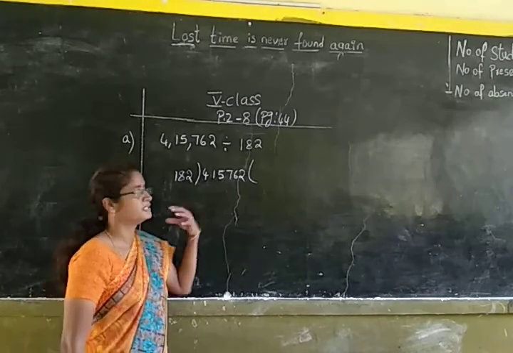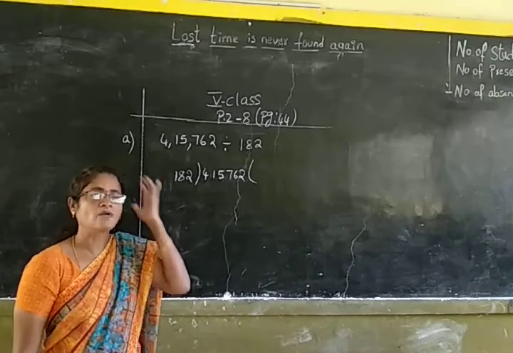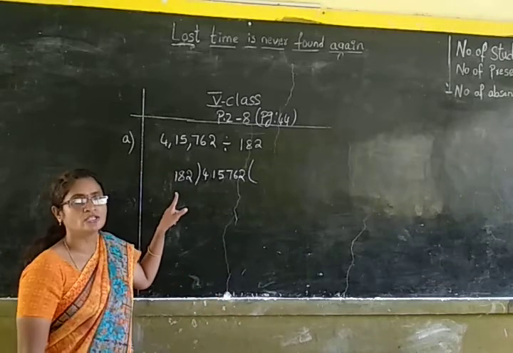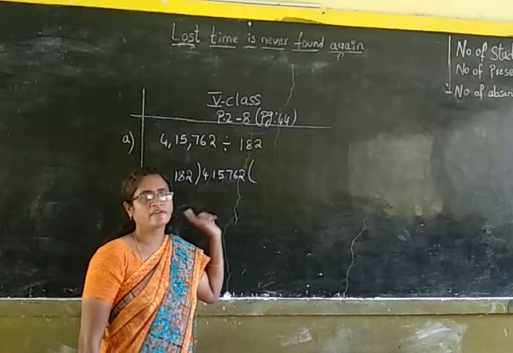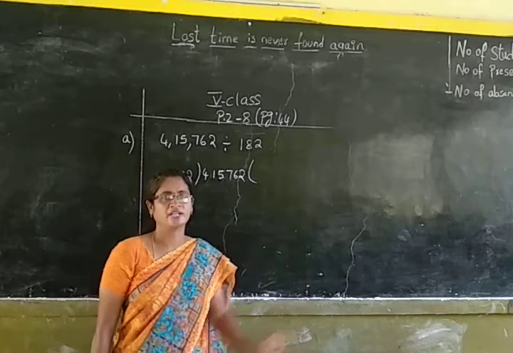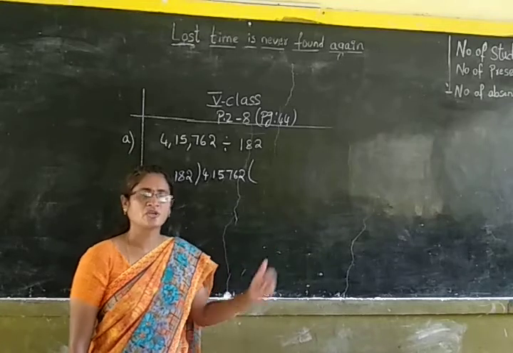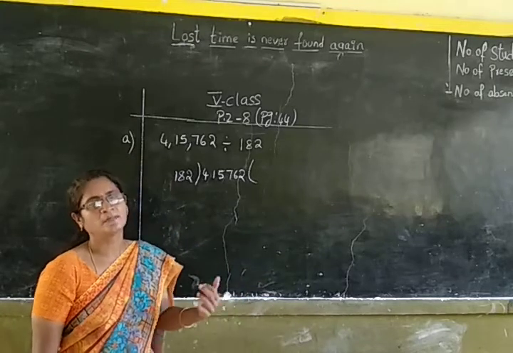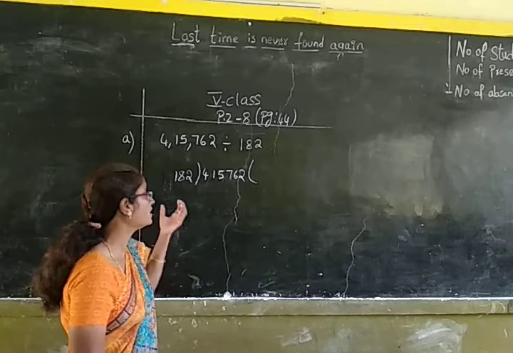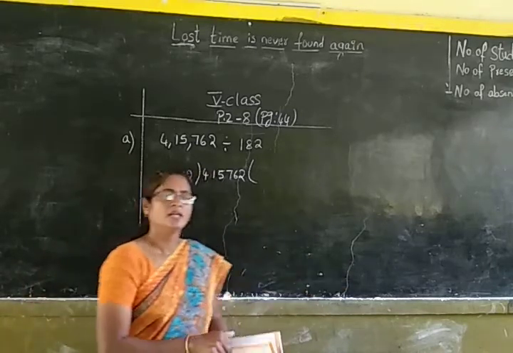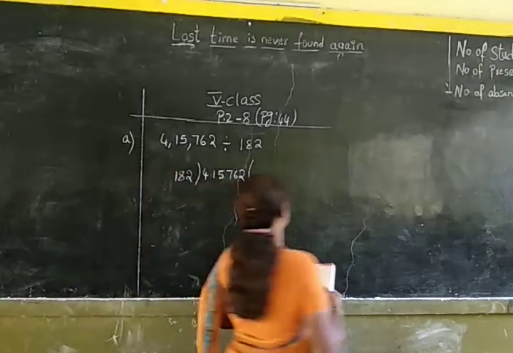After taking these 3 digits, I have to write the table for 182, because we don't know the table for 182. You can write the table in 2 ways, by multiplication and also by addition. You all know that multiplication is repeated addition. So here I am writing the table of 182 by adding the number. Let us write down the table for 182.